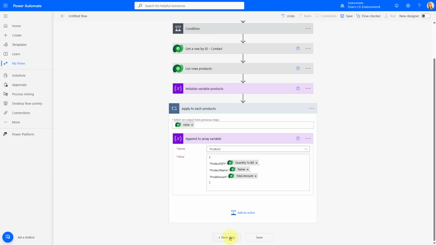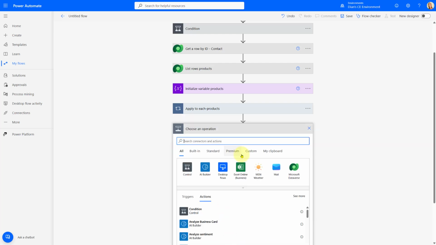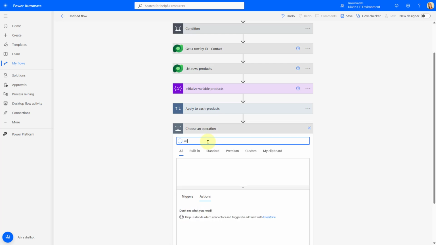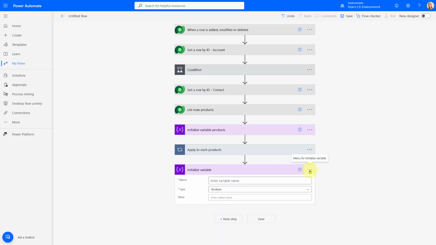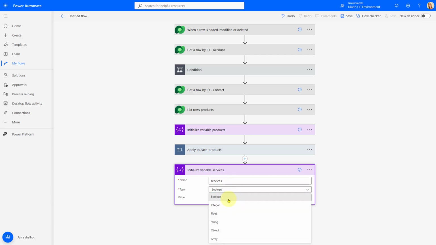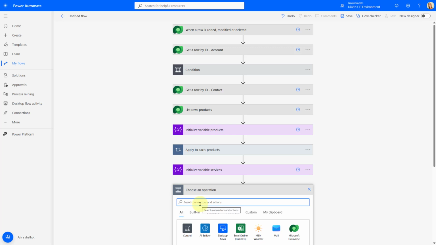work order services. So I'm going to do a new step, and again I'm going to do initialize variable, and this is going to be for my services. Then I can call this something like services, and this is again going to be an array. We're going to have multiple records here, right? So then what we're now going to do is